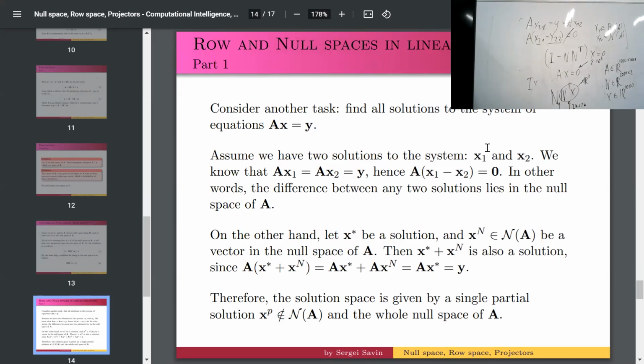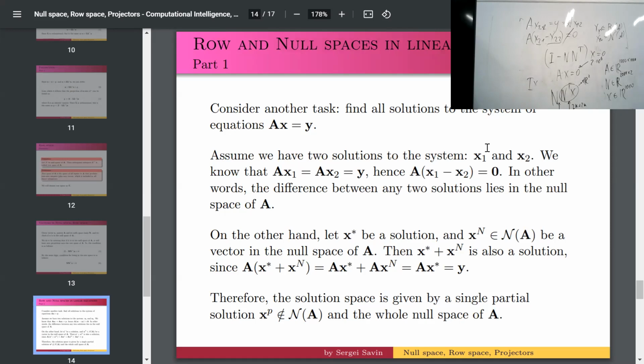This is a slide where we discuss exactly the same thing as I put on the blackboard. First notice that in the second row, we have Ax1 equals Ax2 equals y. This is the argument that we already had. This is the proof that x1 and x2 cannot both be in the row space, because the linear combination is not in the row space. And second,